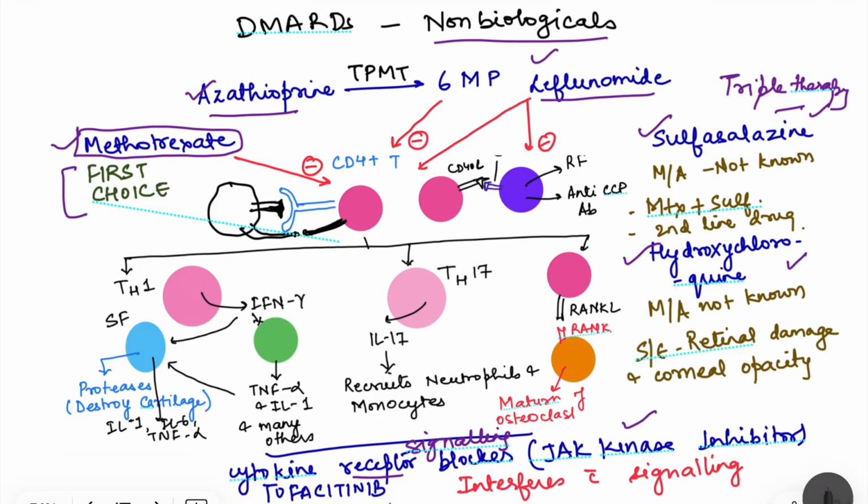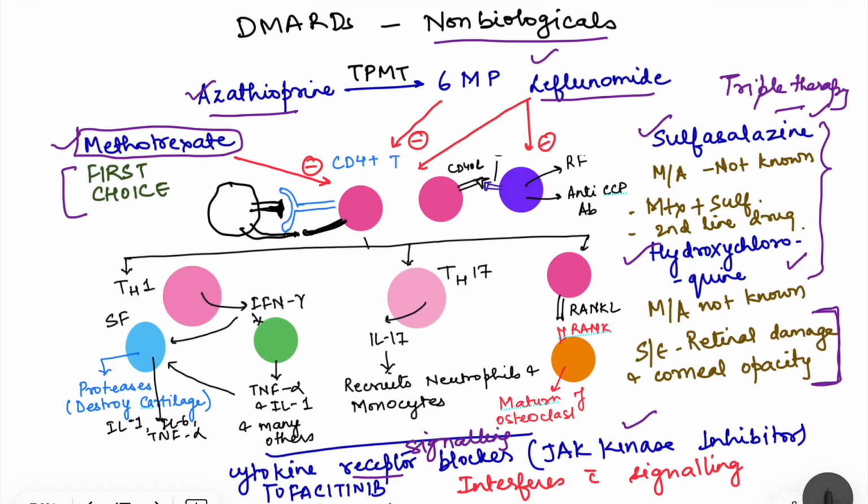Then we have other drugs, sulfasalazine. Mechanism of action is not known. Hydroxychloroquine, also mechanism of action is not known, but both of these drugs are second line drugs, and they are added when the response to methotrexate is not enough. So we start with triple therapy. But remember, hydroxychloroquine, one side effect is retinal damage and corneal opacity. So when you are treating the patient chronically and he starts complaining of blurring of vision, then you have to understand that it may be because of